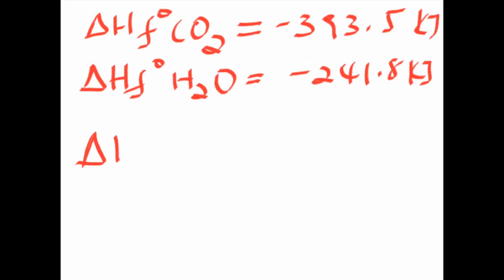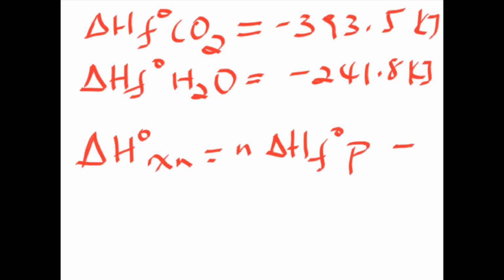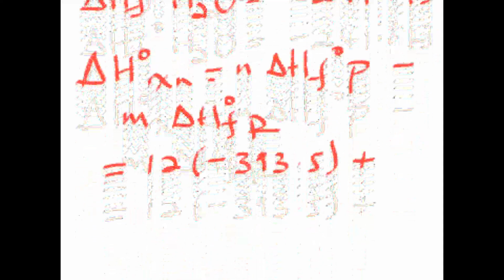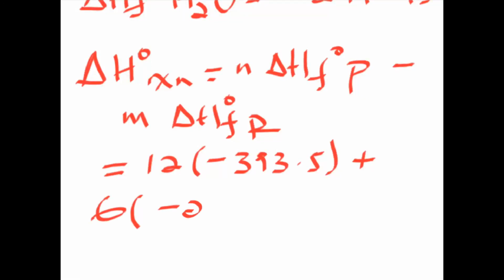Heat of reaction ማለት ምን ብለናል? n times change in enthalpy formation of products minus m times enthalpy formation of reactants. ስለዚህ የፕሮዳክቱ enthalpy formation of the product አሁን ሞሉ 12 ነው የካርቦን ዳይኦክሳይድ times enthalpy formation of carbon dioxide is 390.5 plus water 6 times minus 241.8